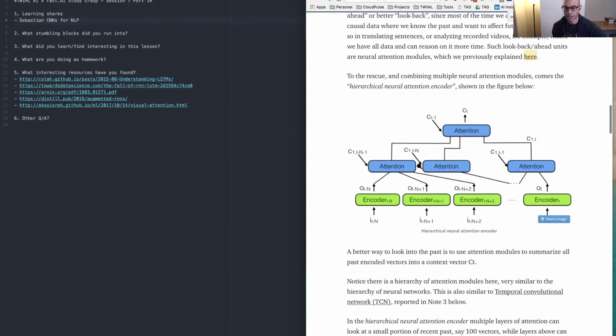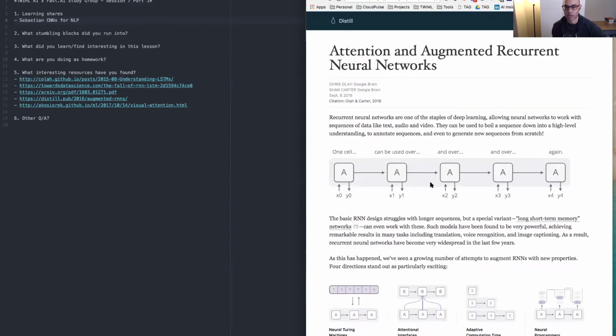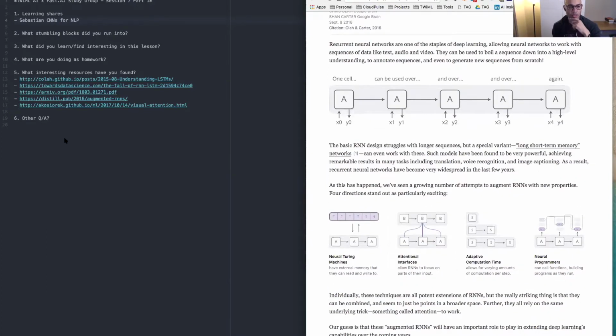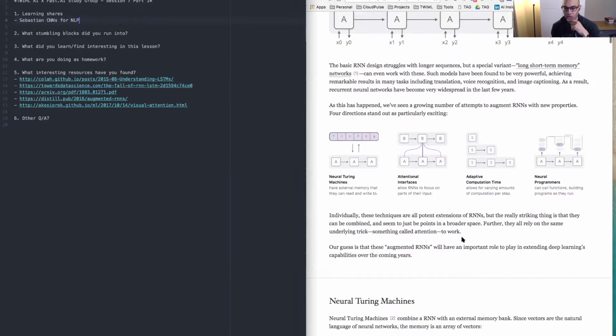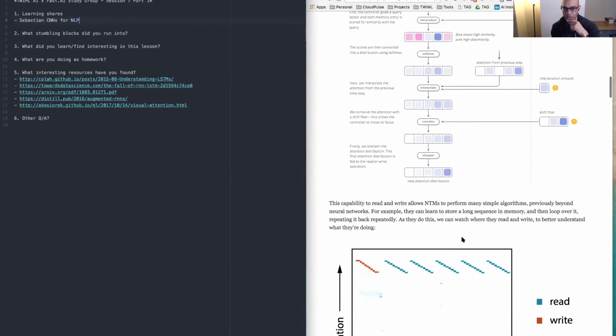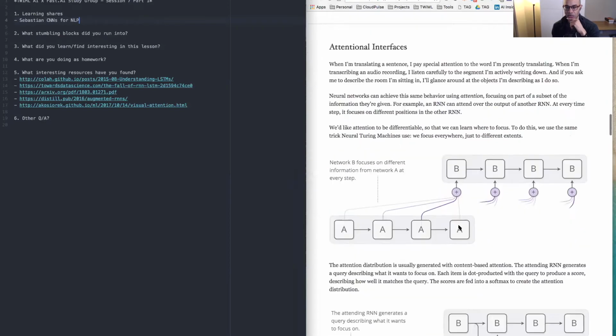There was another post I found on attention, and I'll share the links to all these. They're actually over here. But in order to maintain this differentiability, as opposed to building a network that looks at particular things and shifts its focus in a hard way, the network looks at everything, but it applies this weight matrix, which is what we call these attention blocks. And the reason why that's evolved is because of the differentiability.